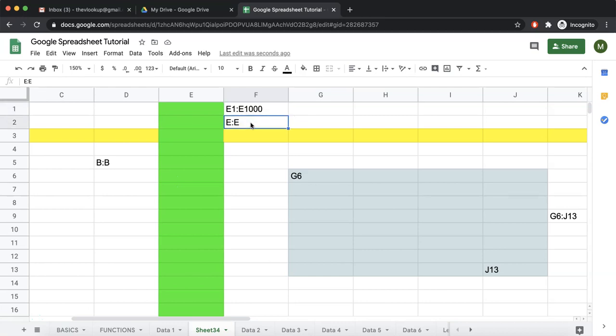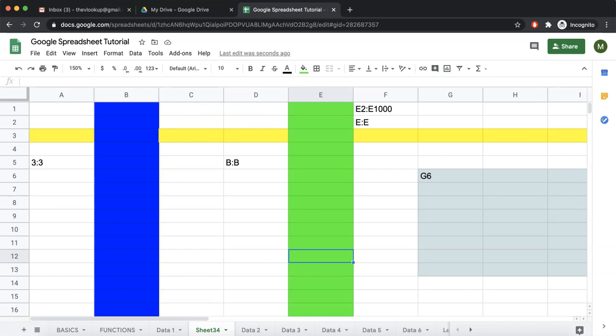But E to E now and E to E then will be different, because right now it is 1000 rows long. At that point of time, it will be 1500 rows long. So when we write E to E, it means whatever the length of E, take the complete range. When we write E1 to E1000, we say whatever the length of E, start from 1 and go to 1000. I'm not worried about what happens next. If I say E2 to E1000, it means start from here and go to row number 1000. So these are some things about range.